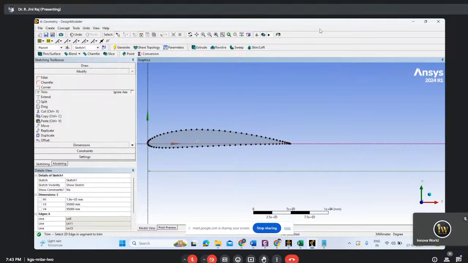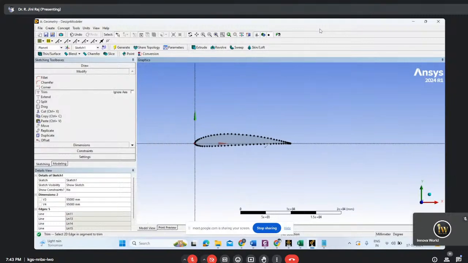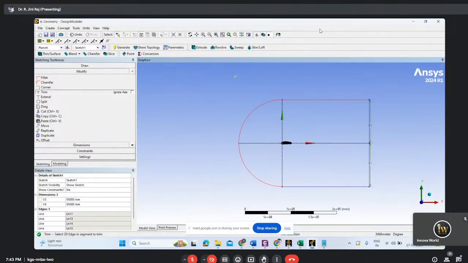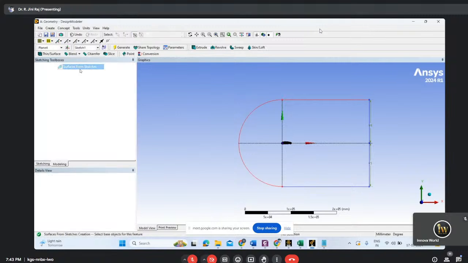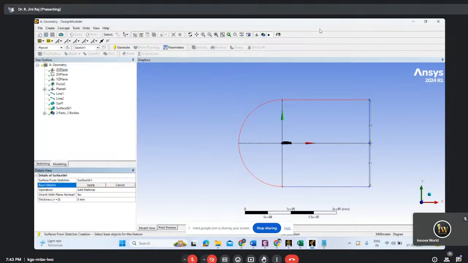So if I'm going for structured mesh, what I have to do is, now I made the control volume, so I can create surface from sketches. Select this sketch